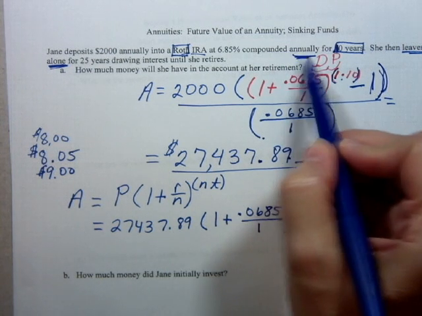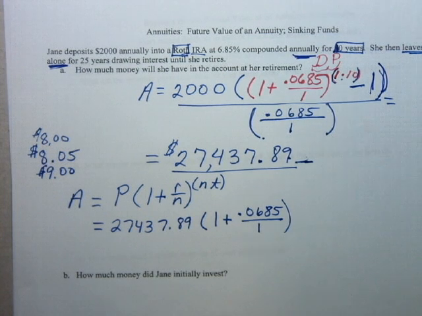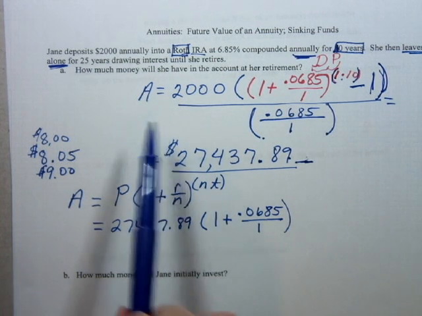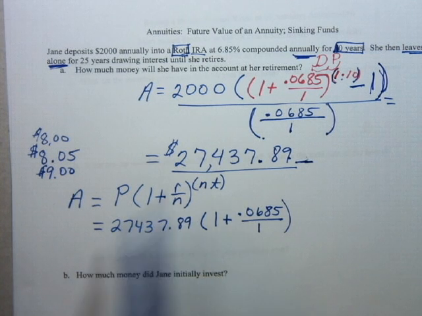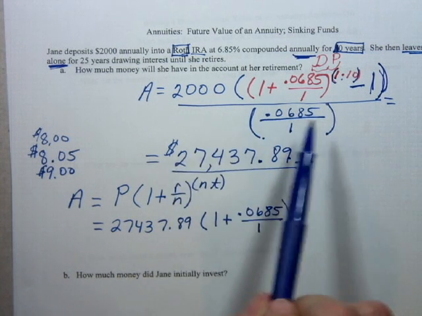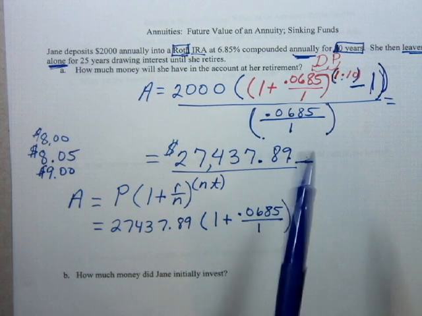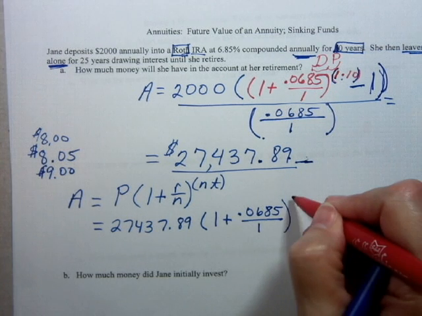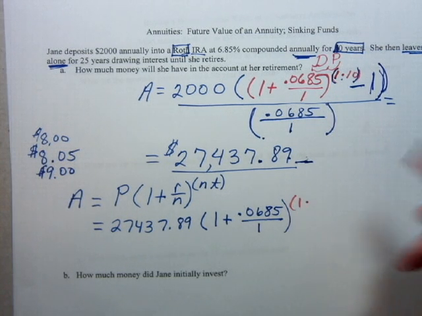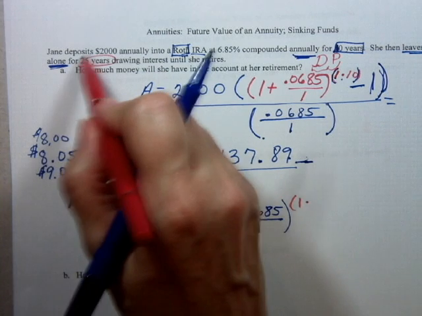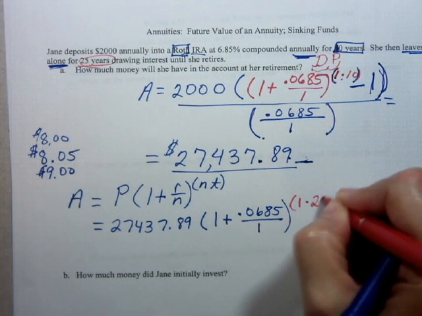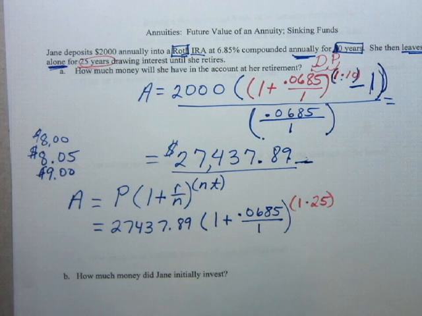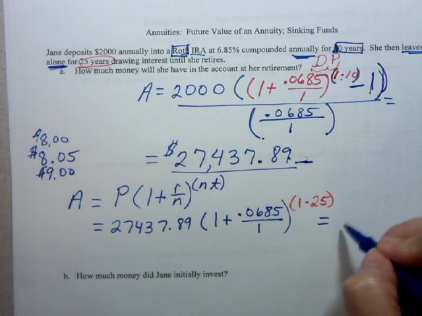Because I look at this problem and it says compounded annually and she's leaving it in the same account. But it went from an annuity to plain compound interest because she stopped making payments in the account. For an annuity, you have to be making those payments in the account. Let's see, to the n, it's one time per year. Now she leaves it alone for 25 years. Now, I did that. Let me see. I did that, and Jane ends up with